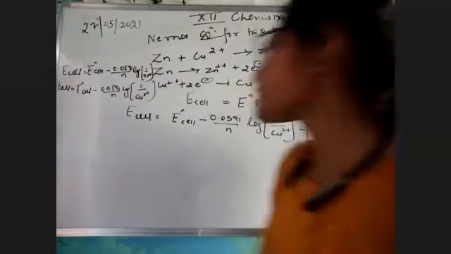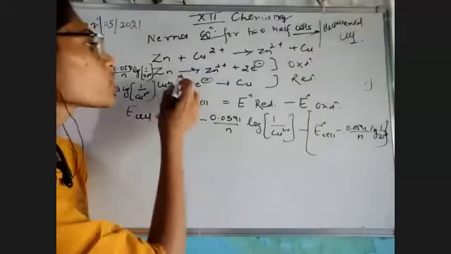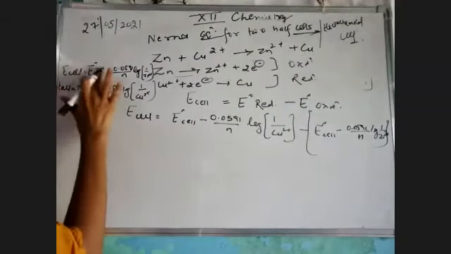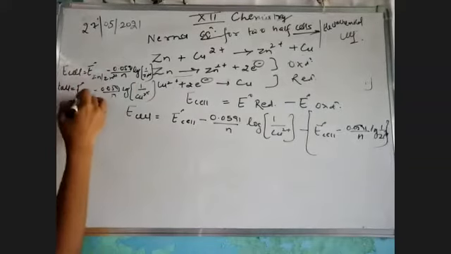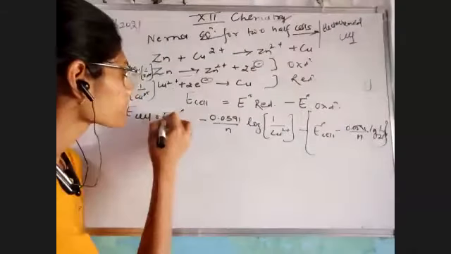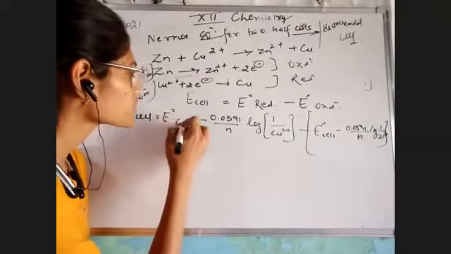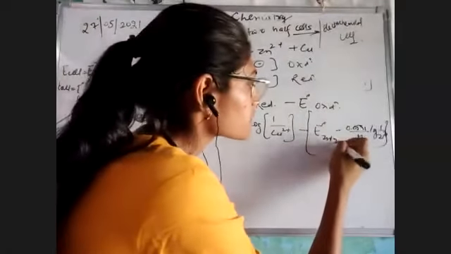Now the point here, let me say one more thing, I have taken it wrong. This is not E naught cell. I'm sorry for that, because this is my half cell, and a half cell cannot be taken as a complete cell. So I would like to write it as E naught Zn, Zn2 positive, same as copper 2 positive. So it would be E naught, we are writing copper 2 positive copper minus E naught Zn2 positive.